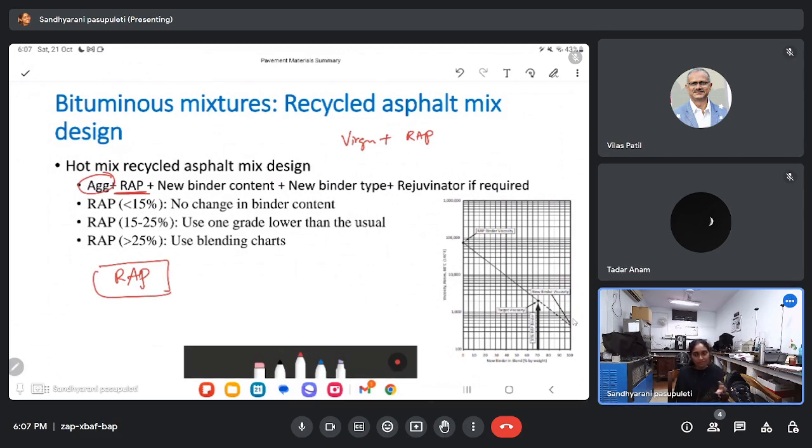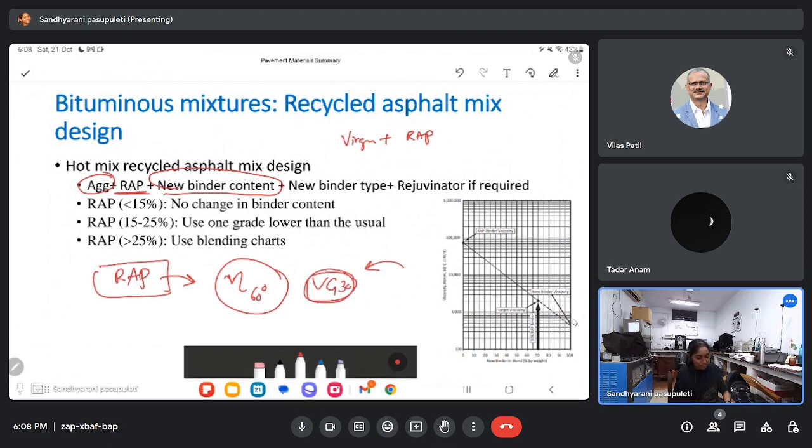That can be determined. After determining the binder content in the RAP, whatever aggregates remain can be used for gradation. So you will do the usual gradation, then we determine the extra binder that needs to be added. When we extract the bitumen, we can perform the viscosity test at 60 degrees. Based on that, we can give a grading to it, either it is VG30 or 40. Now when I wanted to add some extra new bitumen, whether I should add a bitumen that is